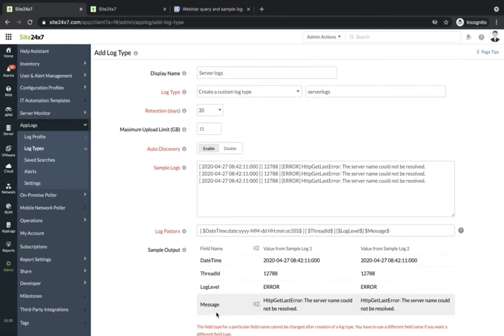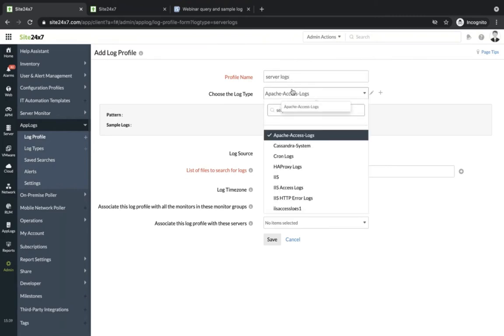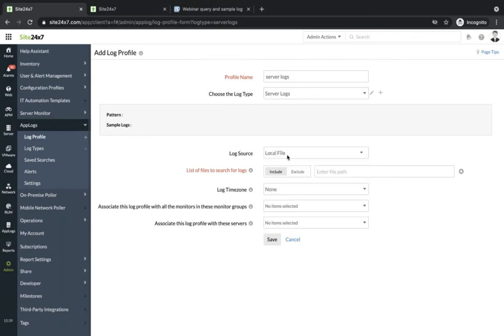So here you have to enter a proper log profile name, server logs, and choose the type here as server logs that we have added now. And then you have to give the log source a local file, and you can choose the path, like which path to use. For example, include this path, that is, fetch logs from this particular path.